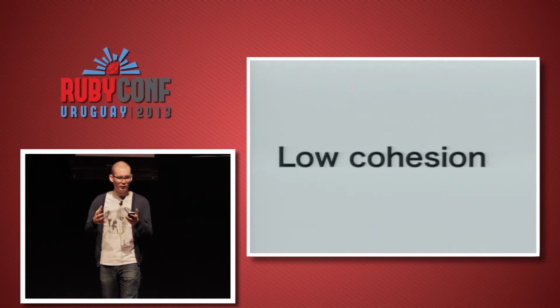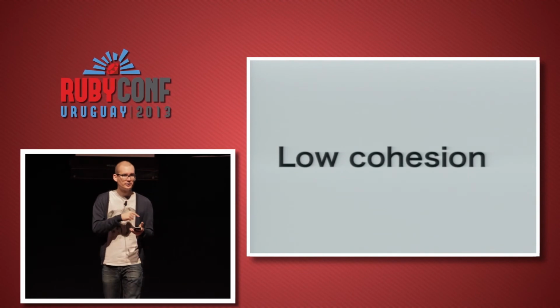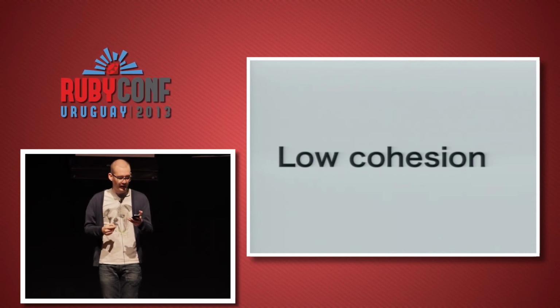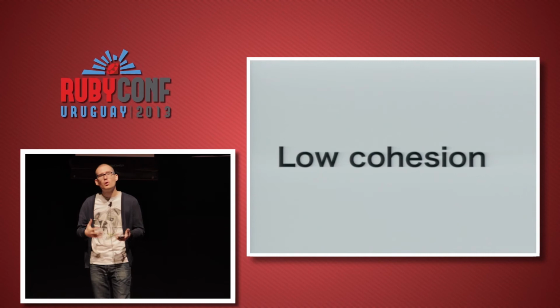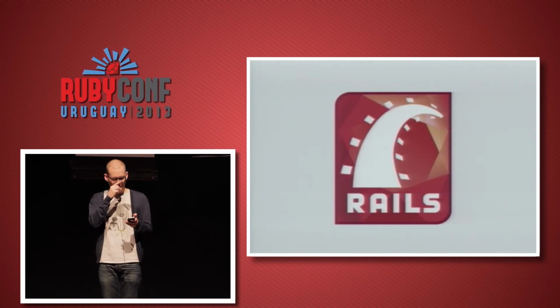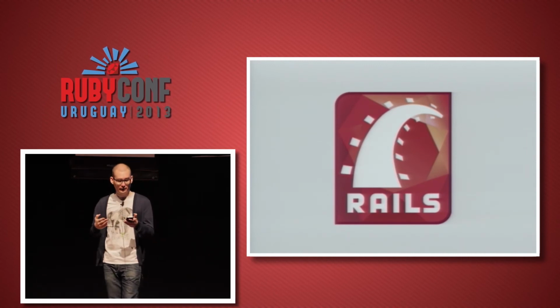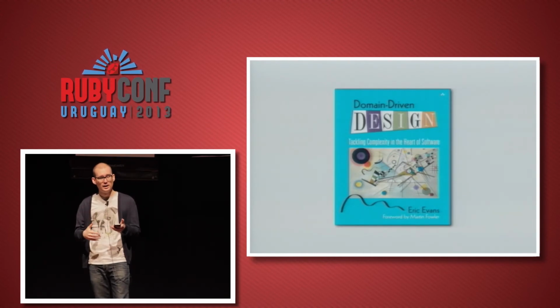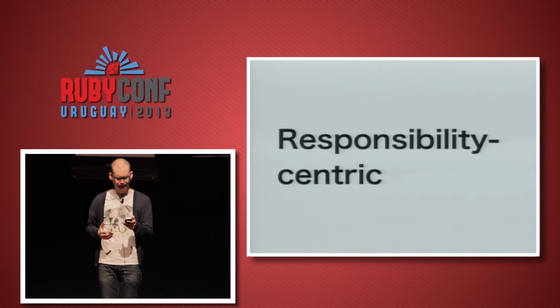Low cohesion or single responsibility principle violations, which is the same thing, are a natural consequence of this style. Since behaviors are grouped around the entities that are related to them, chances are that classes will have more than one responsibility, more than one behavior. I'm sure you are familiar with this style, as it is the one that Rails and Active Record follow. Finally, there's a very good book elaborating on this style, which is Domain-Driven Design.